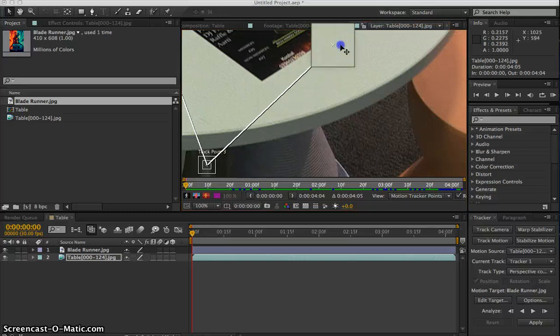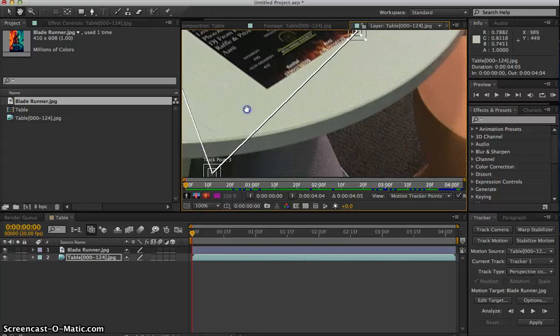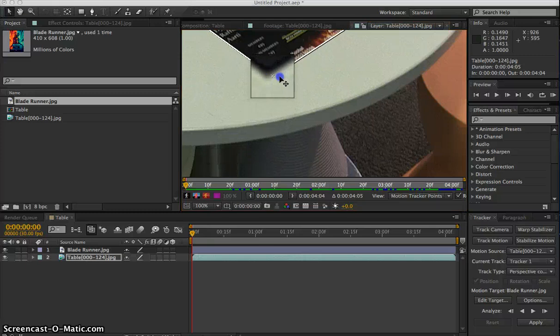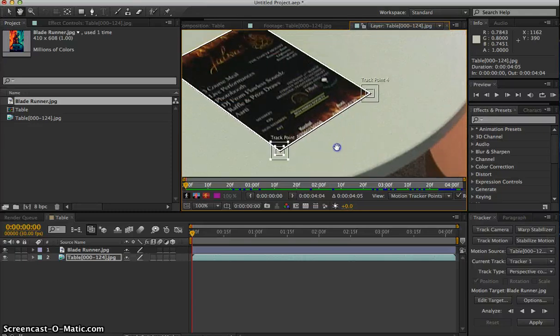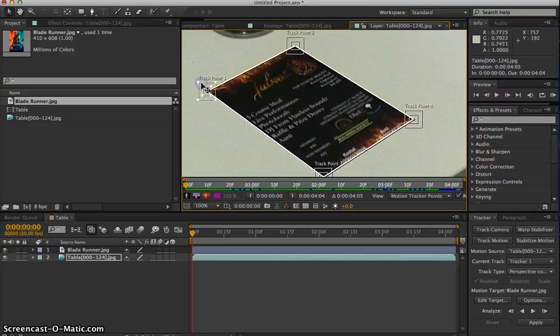It will still slightly lose the track at some point. At least I found that with this exercise, but that's fine because it is actually still fixable. So it's not that it can't be repaired. But let's just try that to start with. Now, actually, one thing we can do, knowing that I've tried this before and that it will slightly lose the point, is I'm going to make my tracking points